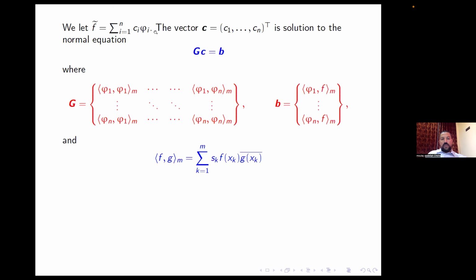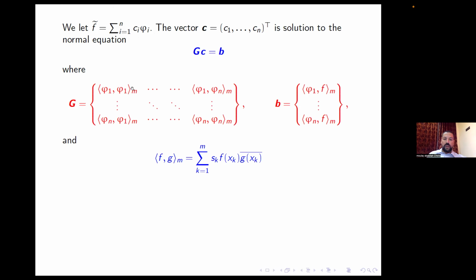So it's simple. We will look for C1 through Cn, which are the coefficients of f tilde in the basis phi. Now if we go to linear algebra, the vector C is the solution of the so-called normal equation, G C equal to B, where G is just the